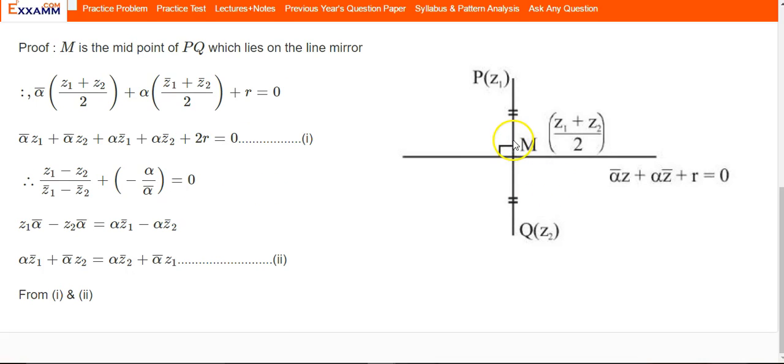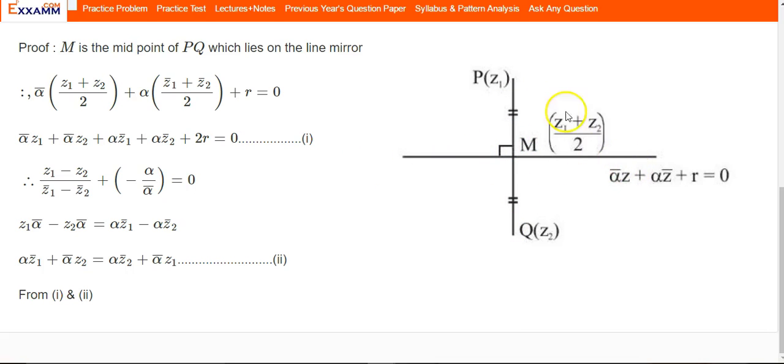Now we have two conditions. So to solve this equation and to remove the unwanted variables, unwanted constants, we have to use another condition to our advantage. That condition is that this line, being a perpendicular bisector, means that the middle point of PQ would lie on this line, and the second point is that this line is perpendicular to this